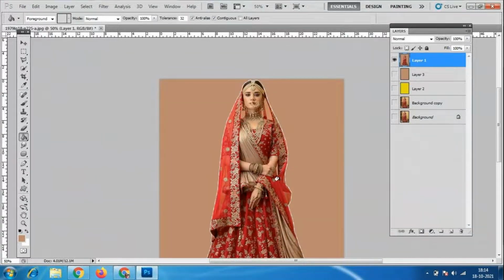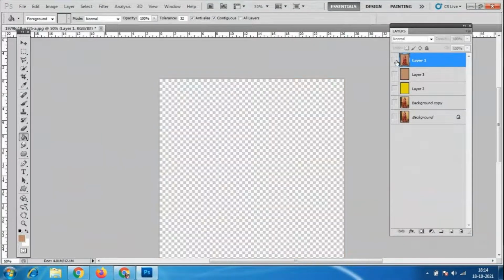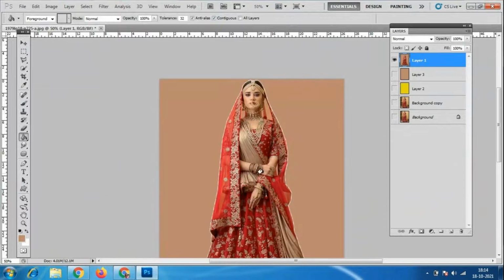Suppose if I give the color here, then everything will be in a single layer. So I have already separated the background and the character. This girl is a character. So I'm separating this lady from the background. If the background is empty, I can place whatever background I want. So now both the things are merged. Again, I have to do the procedure. I have to cut the background. I have to remove the background. Again, I have to place a different background.